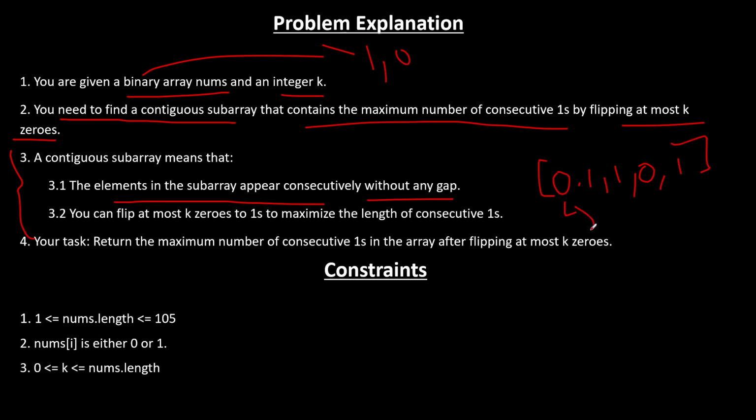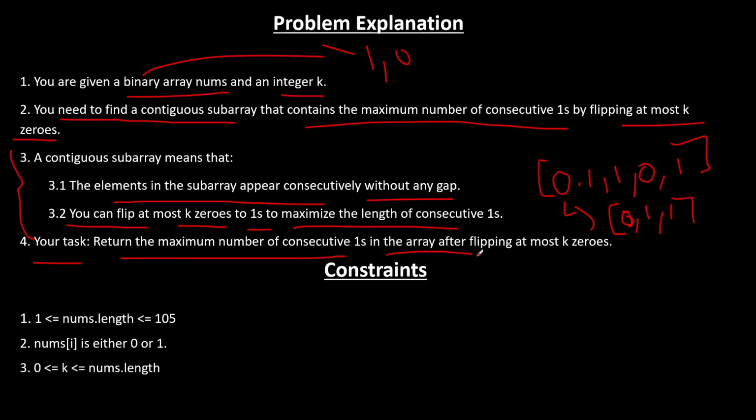if I were to take a k size contiguous subarray, whatever size it could be, it has to be 0, comma 1, comma 1, right? It has to be adjacent. And you are allowed to flip at most k zeros to make it 1. And this will help in maximizing the length of the consecutive ones. Okay. So our task is to return the maximum number of consecutive ones in the array after flipping at most